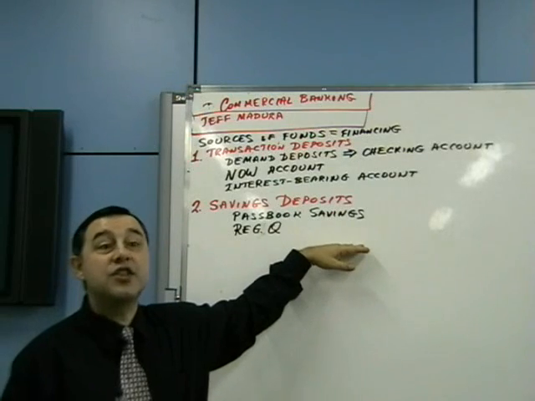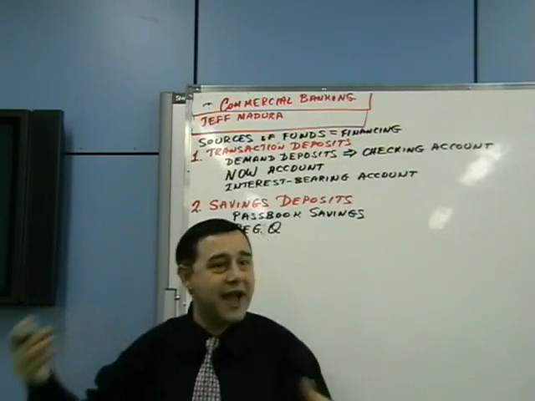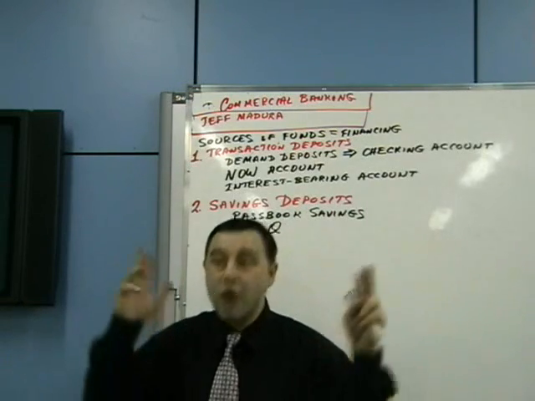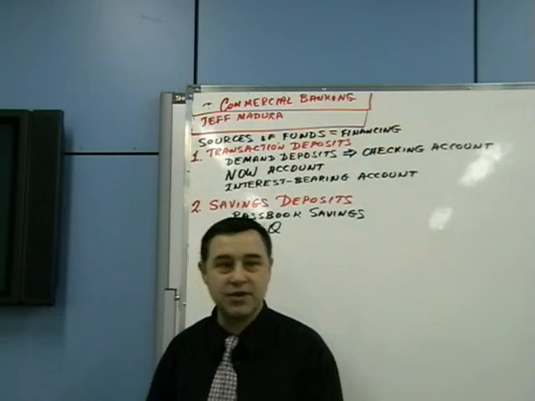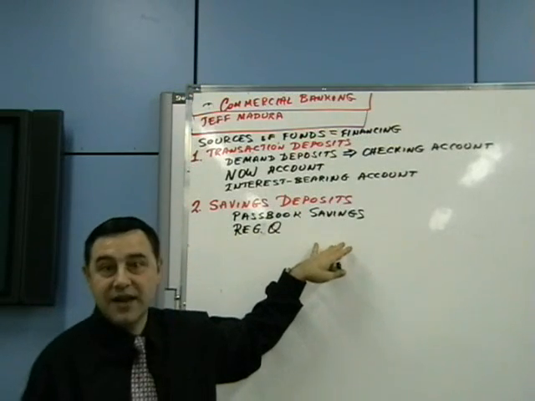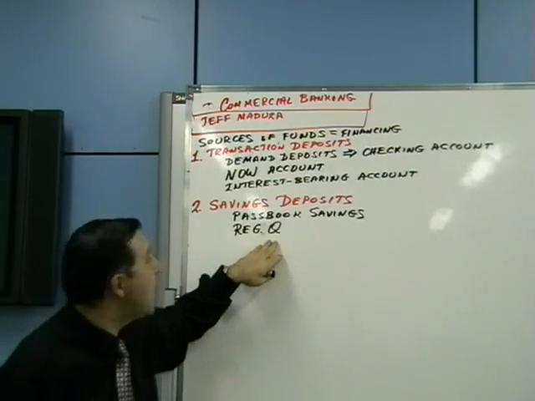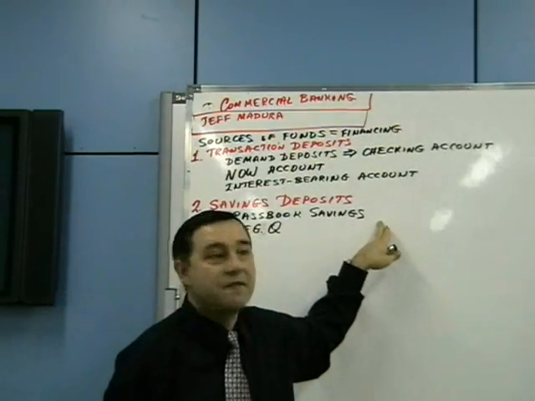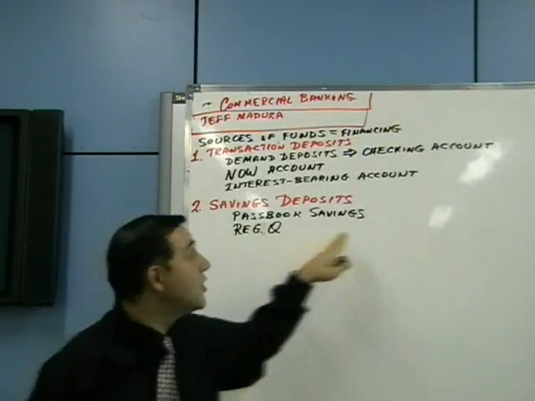So usually when you get the shortages, suddenly you have a lot more people who are totally unhappy because they're willing to pay the market price, but they can't because there are no apartments to rent at the governmentally determined price. So what Reg Q said was, oh, you can't pay more than, let's say, I'm just picking a random number here, 5%. But what if the interest rate is